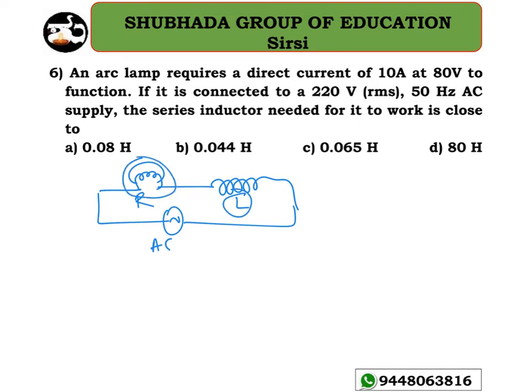Okay, so as you know that the lamp requires 10 ampere, so 80 volt is given. So you can easily calculate the value of the resistance, because V equal to I into R. R equal to V divided by I. V is nothing but 80 volt divided by 10 ampere current. It is what? 8 ohm resistor. Correct? It's an 8 ohm resistor here. So now you can use directly the impedance formula.